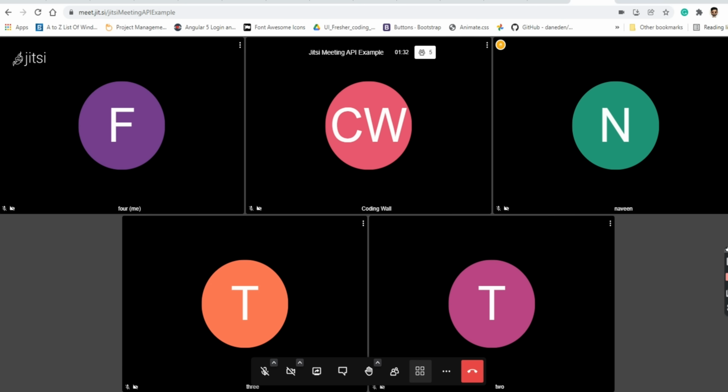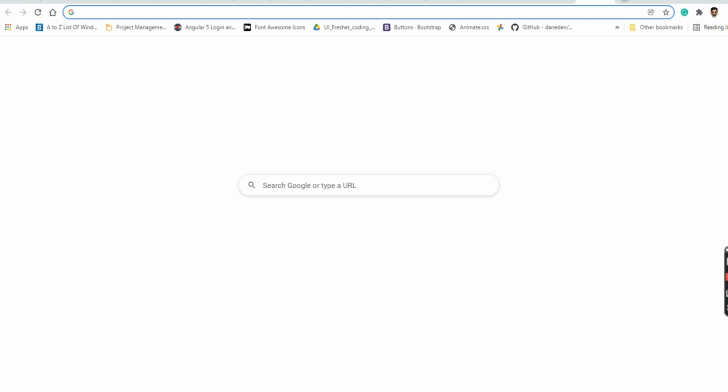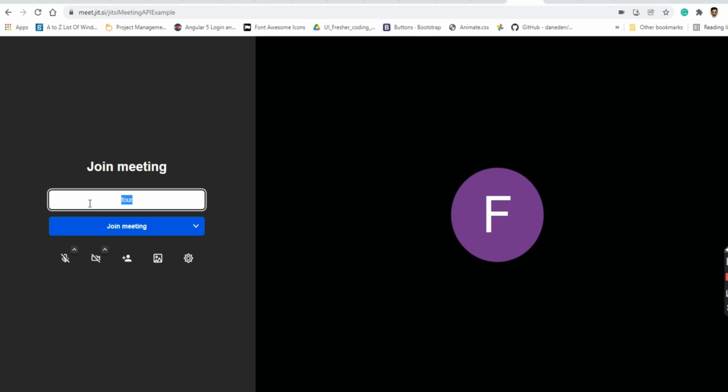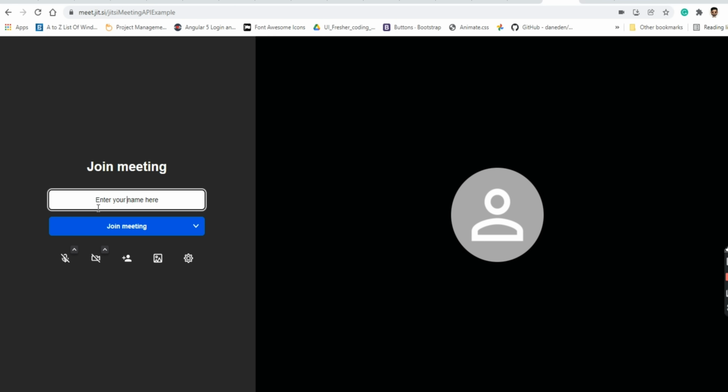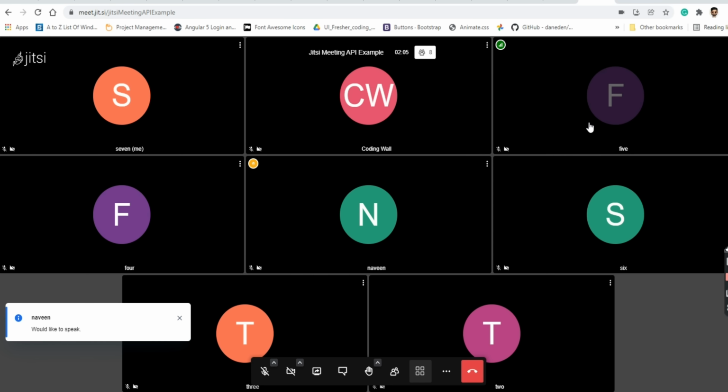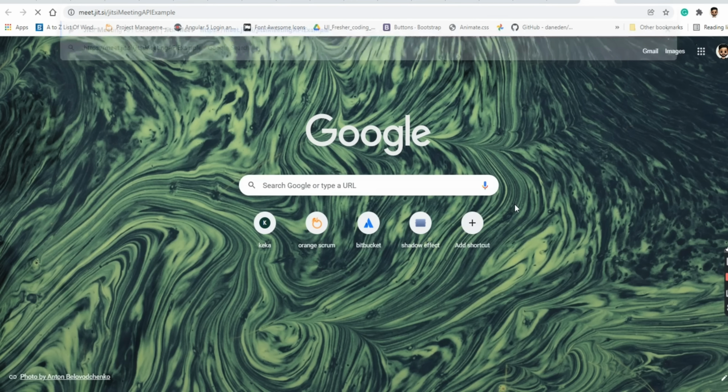Now 1 2 3 4 5 tiles, we have 8, right? 8 tiles. We'll add 2 more. 5 6 7 8. Now here I will give 5, 6, yes, see 1 2 3 4 5 6 7 8. We'll add one more and we will check whether we are getting the tile issue or not.